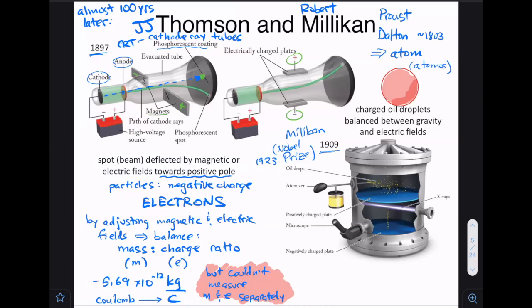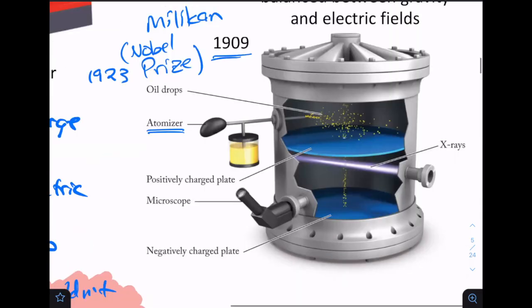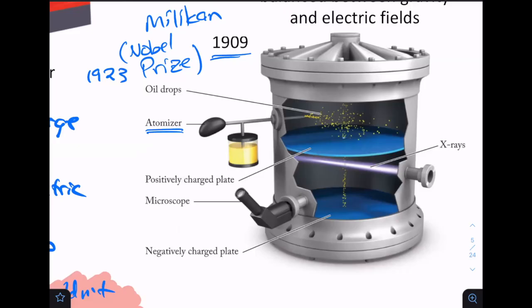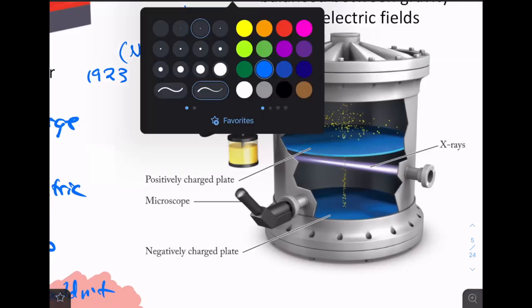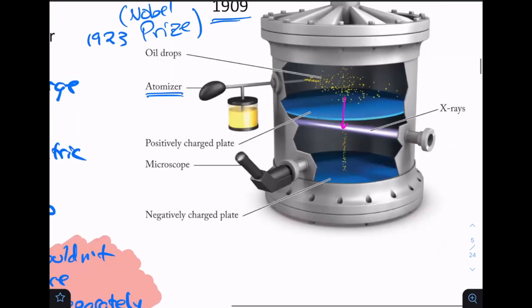So what Millikan was able to do was take oil and make oil drops using an atomizer. It's funny that we call this an atomizer. This does not make atoms, in the sense that we're talking about atoms. This is like a perfume atomizer. It's just making a small mist. You're making very, very small oil droplets. Then you drop them by gravity. It takes them through this little hole that's in this device, and in that hole, you bombard them with X-rays. By bombarding them with X-rays, you give them a charge. So now we have charged oil droplets